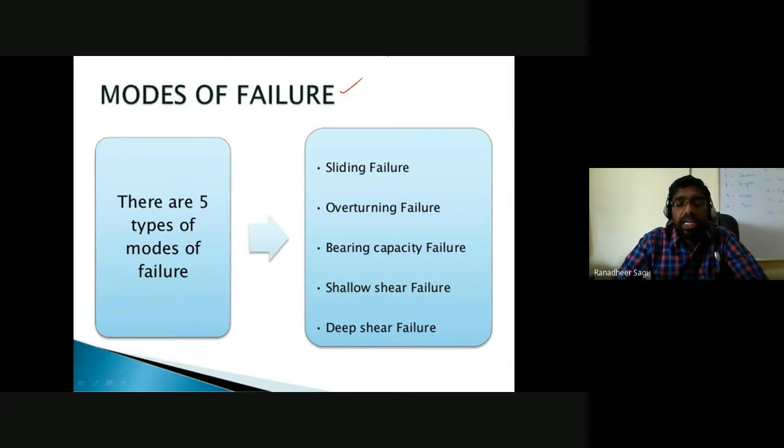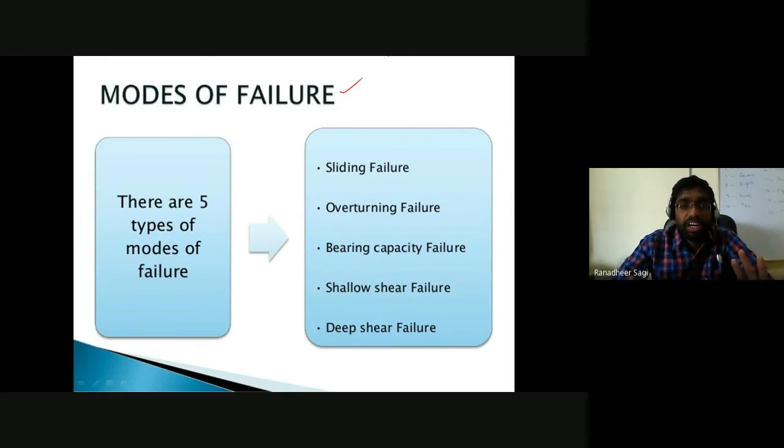Because any structure that you are going to design on the ground has to satisfy both criteria. Ultimately, the structural load of any structure gets transferred through the foundation of that structure onto the soil. So the foundation has to be designed to satisfy two criteria. One is called the bearing capacity criterion, and the second is called the serviceability criterion. Bearing capacity criterion means the load that is supposed to be safely transferred from that structure onto the soil through the foundation has to be safely distributed.